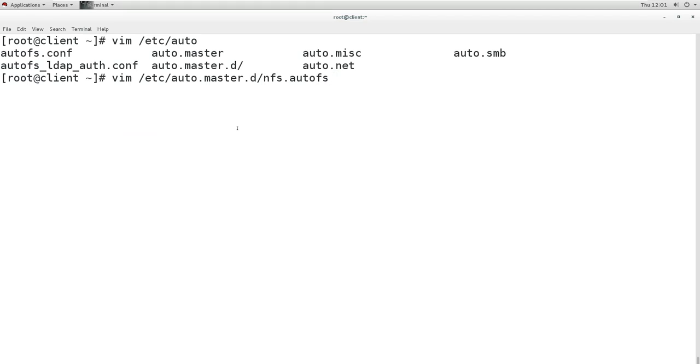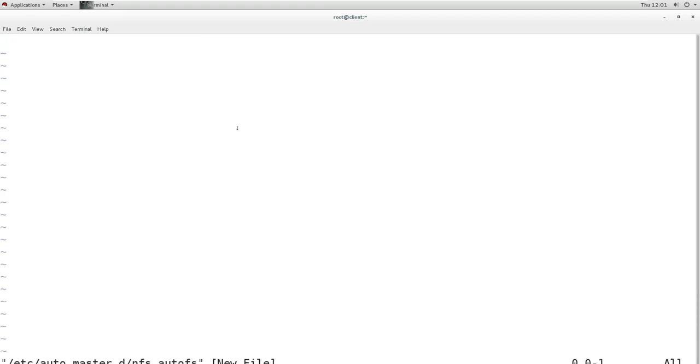Now this is a new file. Here you will create an entry for the mapping, and I'm saying that under slash local NFS, whatever the mount point, whatever AutoFS wants to mount, it will mount under this directory.